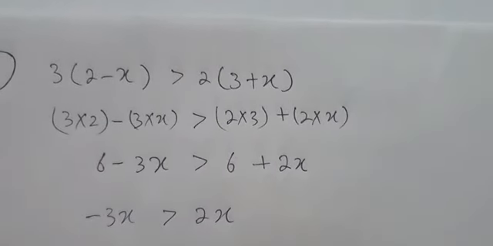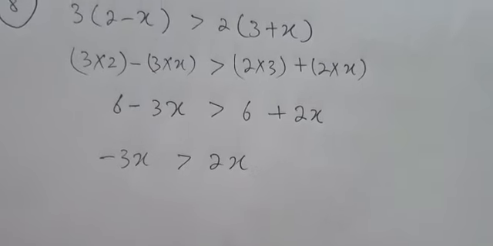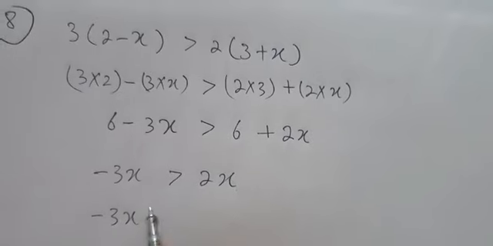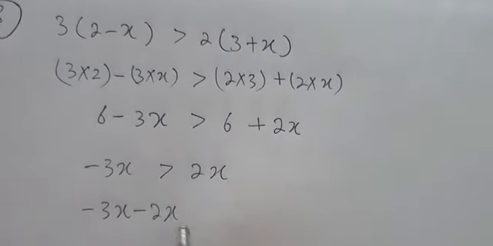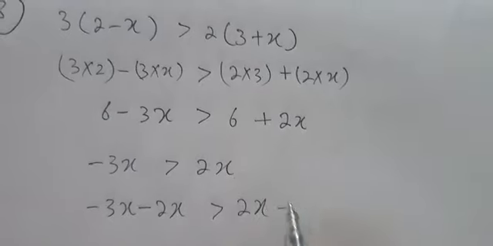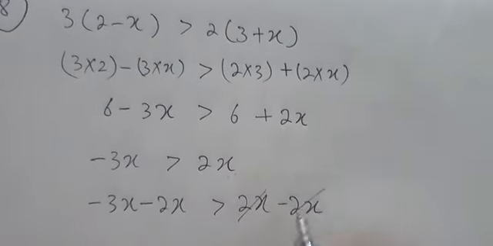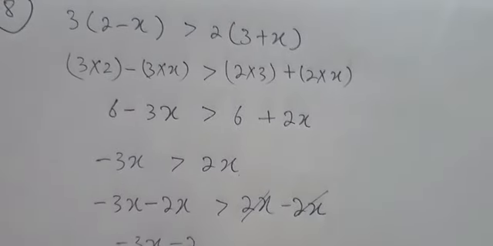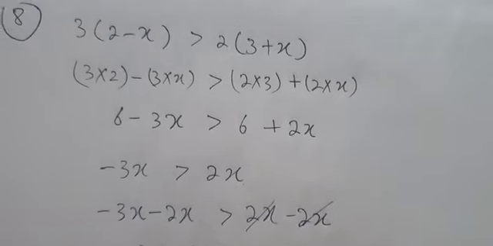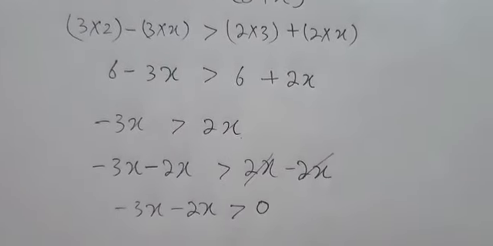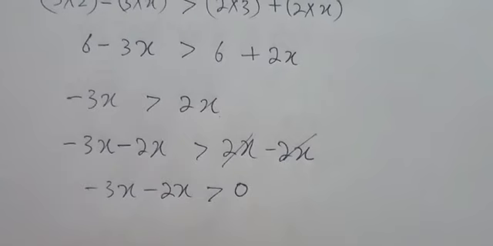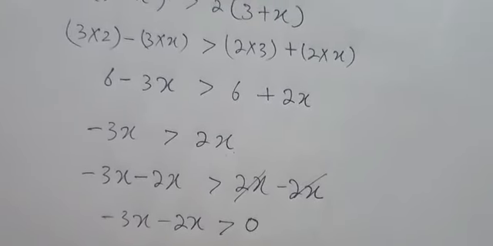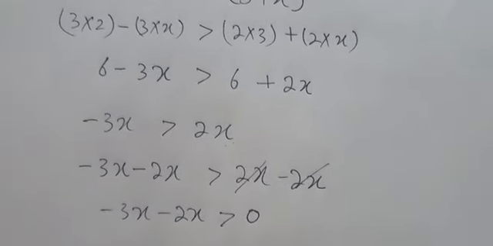Now we need to solve this inequality for the variable x. So we will shift that to the left side. We will subtract 2x on both sides of the inequality. From here it will be cancelled out and we will be left with negative 3x minus 2x greater than 0. So from here what we will get, here we will have 5x, so that would be negative 5x